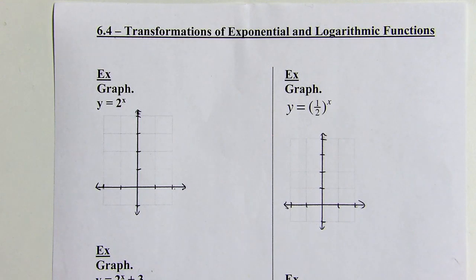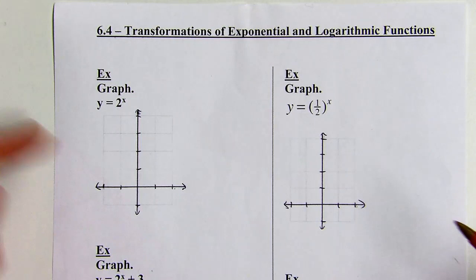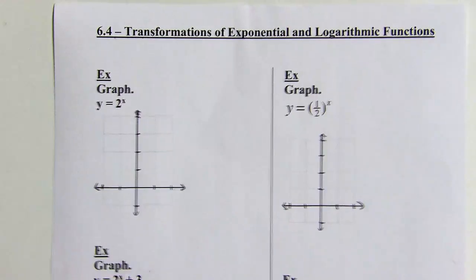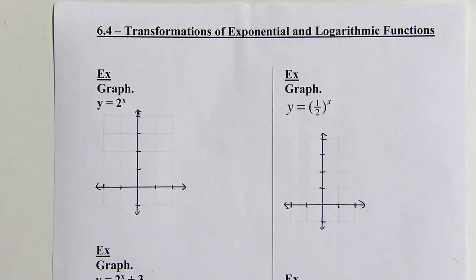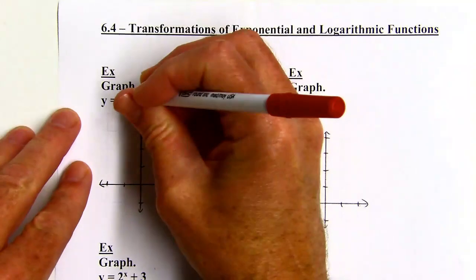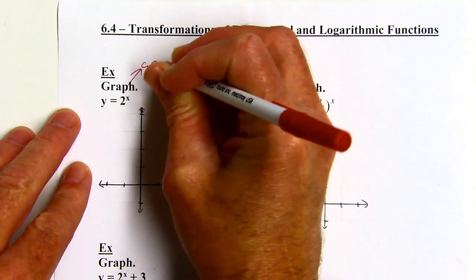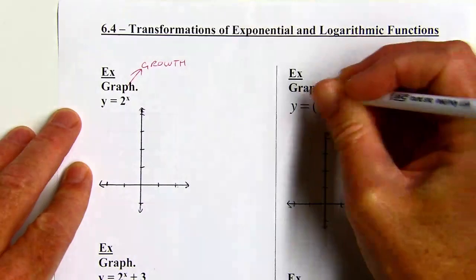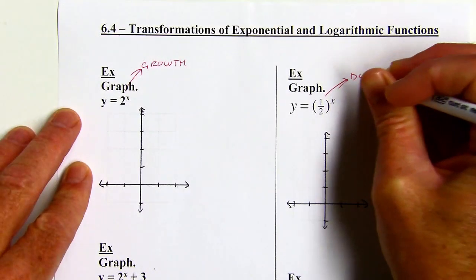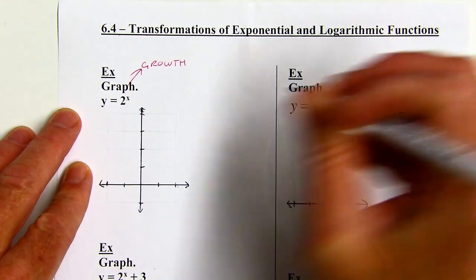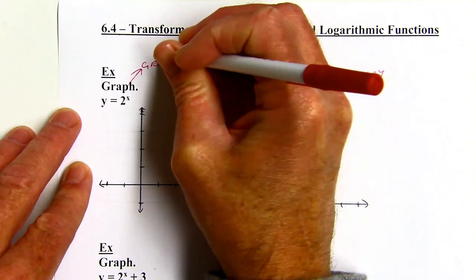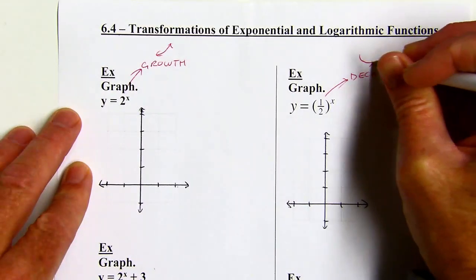Okay, 6.4, transformations of exponential and logarithmic functions. So these are our parent graphs for exponential functions. This one's going to be exponential growth because the base is more than 1. And this one's going to be decay because the base is less than 1. So the general shape of this one will be kind of an uphill curve, and I'll get a downhill curve